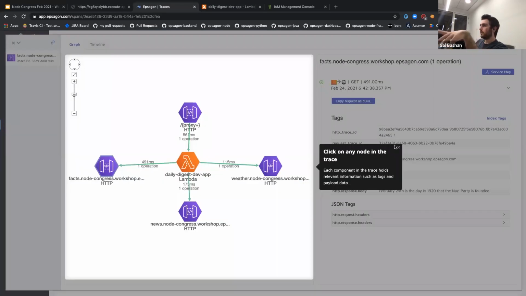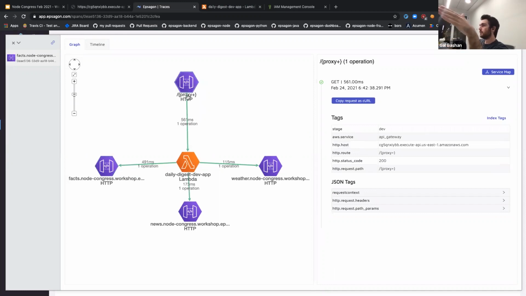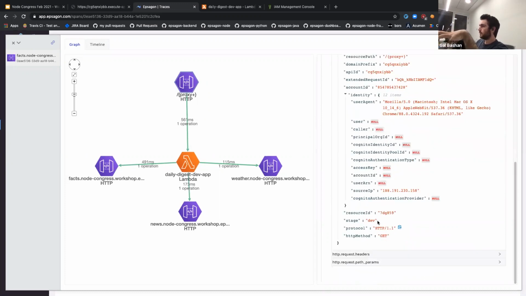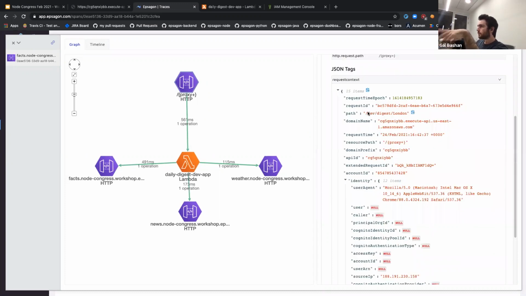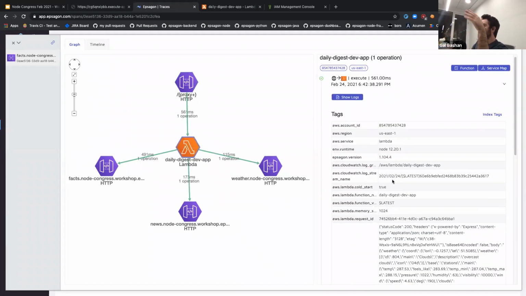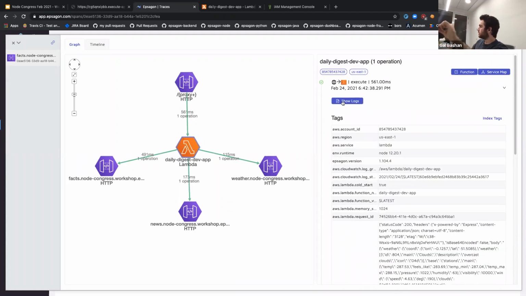So in Epsagon, basically, what you see here is the trace, right? Because we have an HTTP request that is made to /proxy, but it's not really /proxy. That's actually, and this is all the data that we automatically collect, /dev/digest/London, and then it's invoking a Lambda function. And we can immediately see the response of the Lambda function, and we can see actually the logs of the